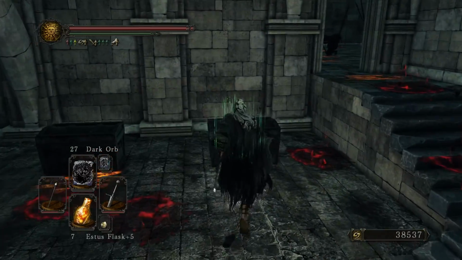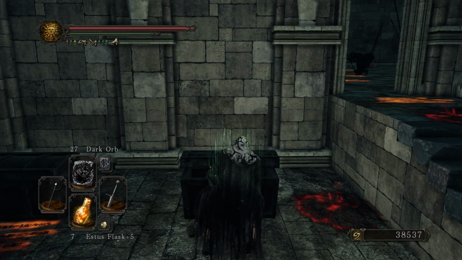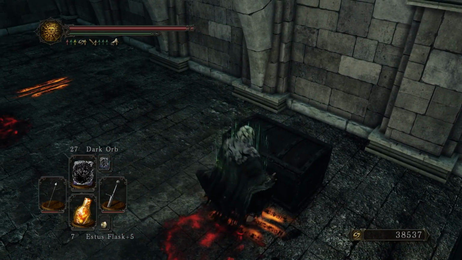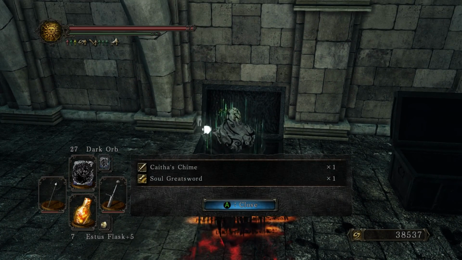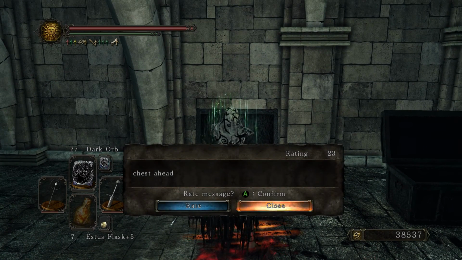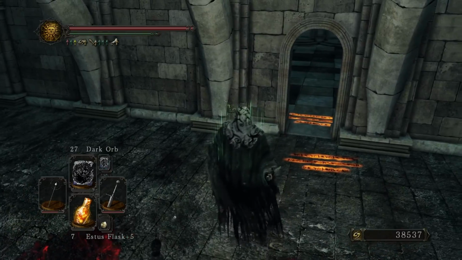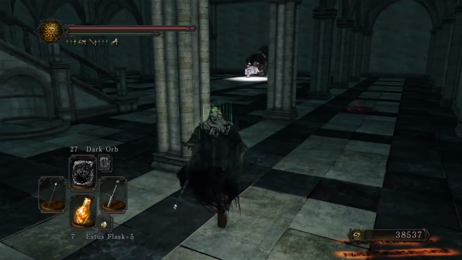We can now make our way through the rest of this castle. Pick up our old knight hammer, Cathy's chime and our soul greatsword. Oh, thanks for letting us know. Normally, there is an ally right here. I believe it's Bashful Ray again, to help us out with the horse. But since our summon sign is down,